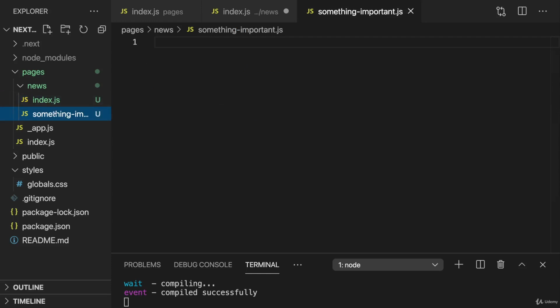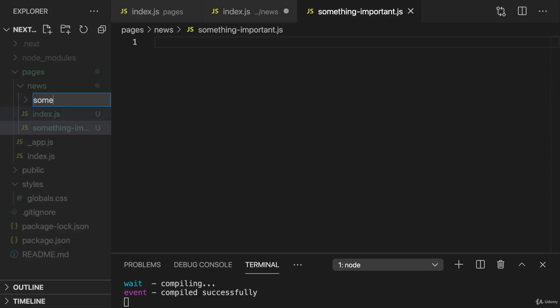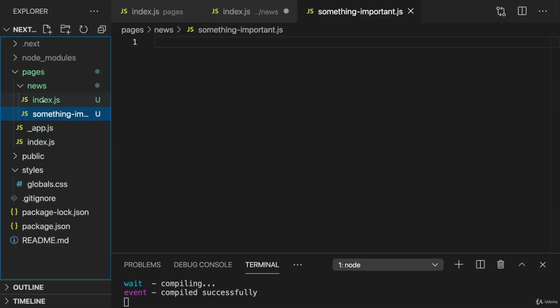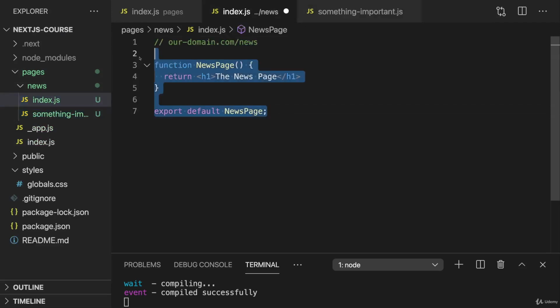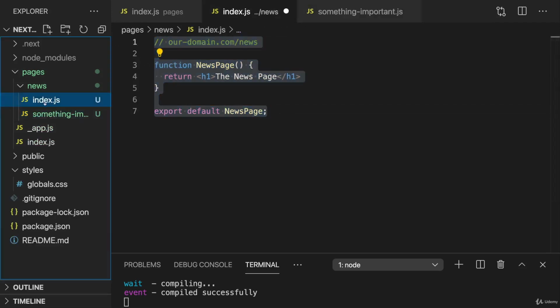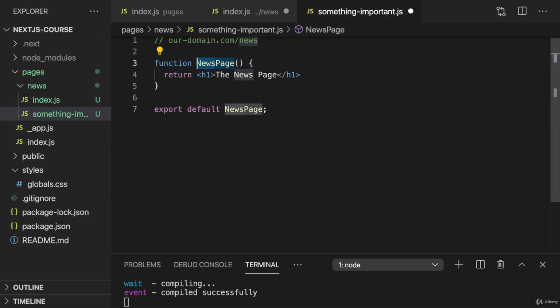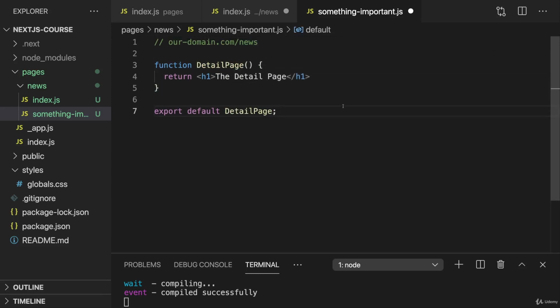Now, of course, here again, we could alternatively also create another nested subfolder, something important, with the index.js file in there. That would again be the alternative to using such a named file name in the news folder. But I hope you get the idea by now. Now with that, I could copy this code from index.js in the news folder and bring it into the something important page here, and then name this detail page maybe,